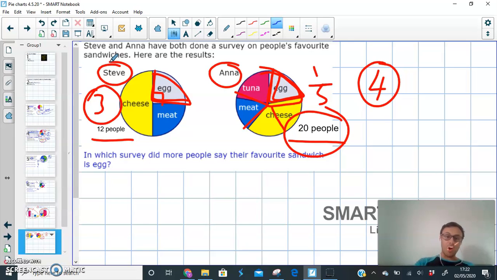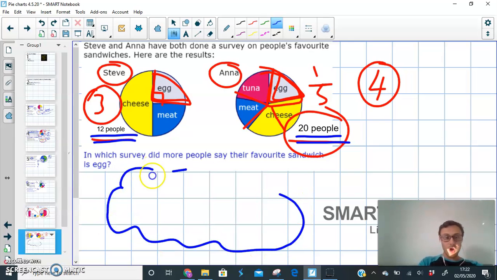Okay, so the key part here, and I know I've mentioned this to you before, is they will try and trick you because they will use different numbers of people in each pie chart, so you have to really look at the numbers and then the fractions to work out the difference. Okay, and remember, if this was one of our bullet point questions, you know what I mean by that, I would say that